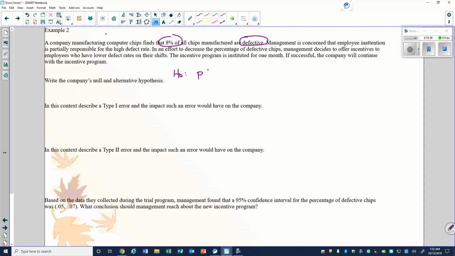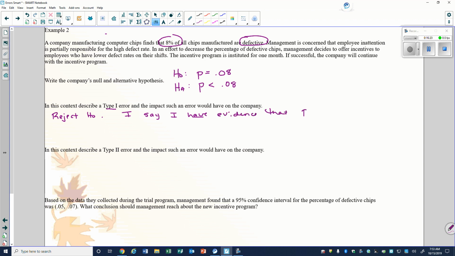The percent of defective chips started out at 0.08 or 8%. But what we want to try to prove in our alternative hypothesis is that proportion has now decreased. It is now less than 0.08. So we can run the test. If we make a type 1 error, then what impact would that have on the company? So in order to make a type 1, remember we have to reject the null hypothesis in order for this to happen. So I would say that I have evidence